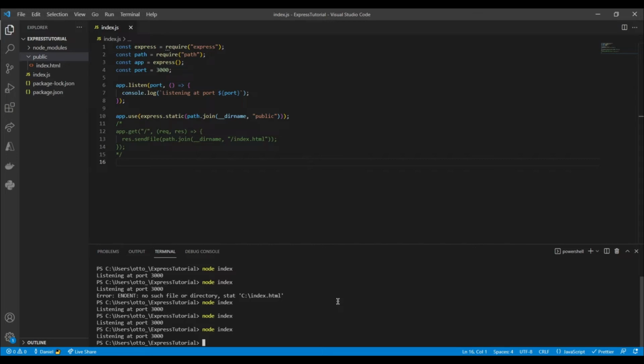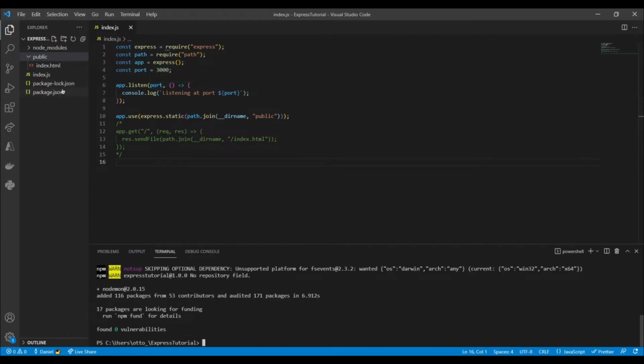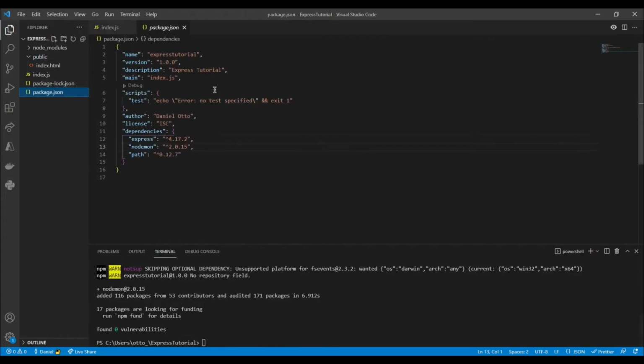So I am going to install Nodemon via npm. So we'll say npm install nodemon. Great. Alright, so once that's installed, we're going to go to our package.json file as well, and we're also going to create a new script to basically use Nodemon with. So basically from here, this script section here, we can define what scripts we want to use with npm within our project here. So if I say start, and then I go node index,